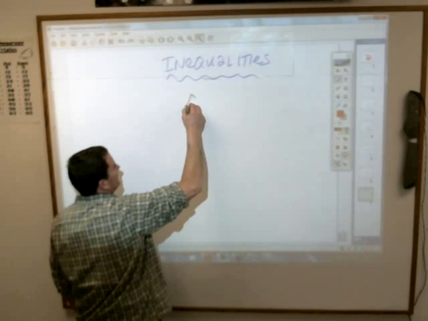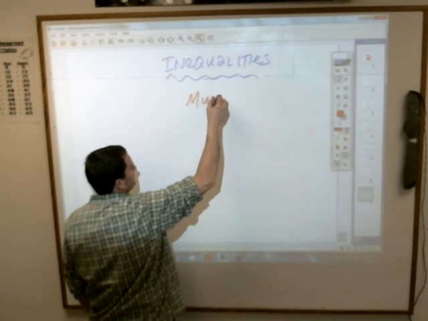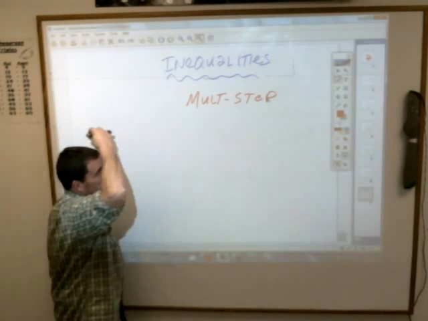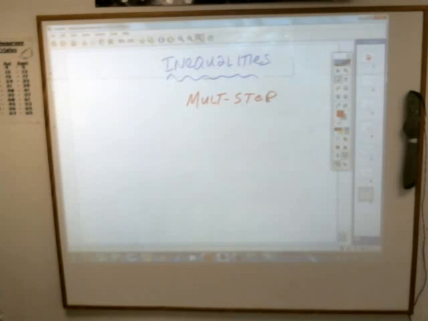It seems to me we've done this already, but we'll do it again. Multi-step inequalities, which simply just means it's going to take you more than just one step to solve these sort of things. For example, the book gives us this one: